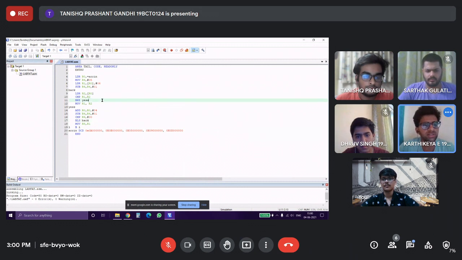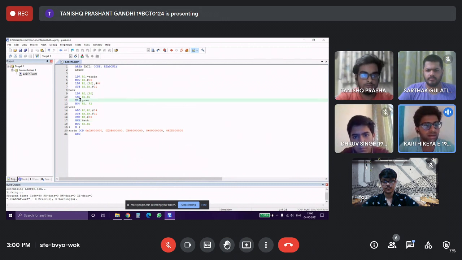The first 4 lines are basically the initialization, where R0 stores the first element of the array, as Sarthak explained previously, and R4 contains the length of the array, that is 5 in this case.